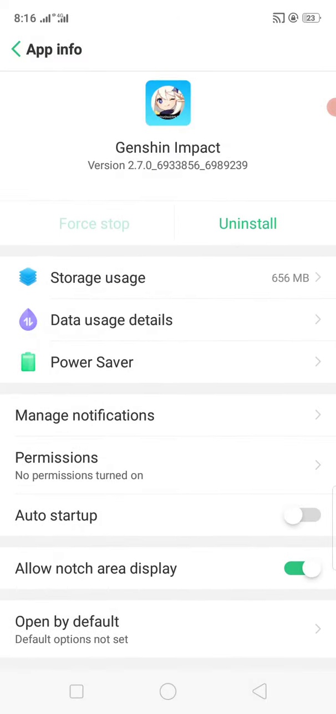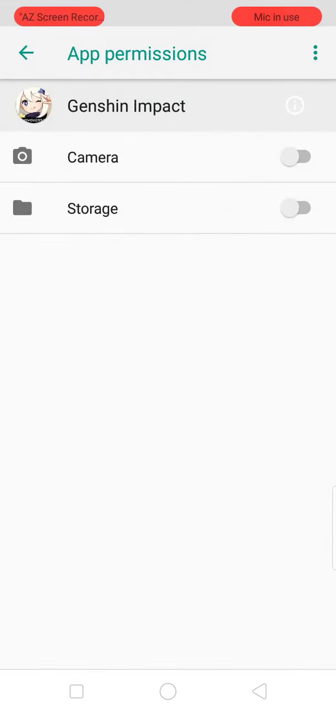Then see permissions. Click on permissions and enable the camera and storage permissions, and your problem